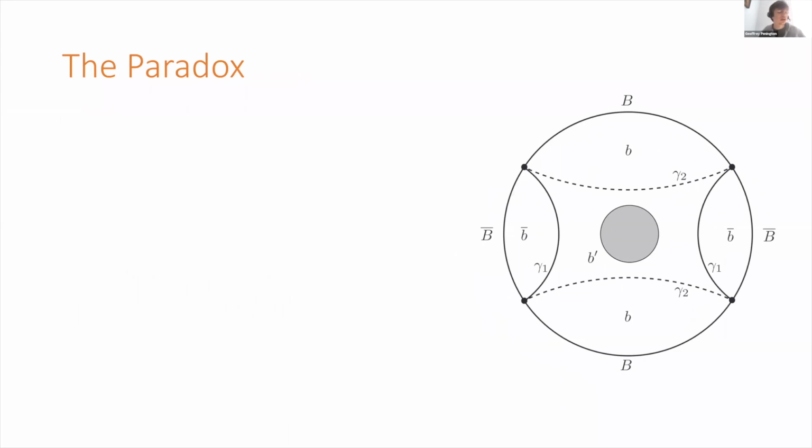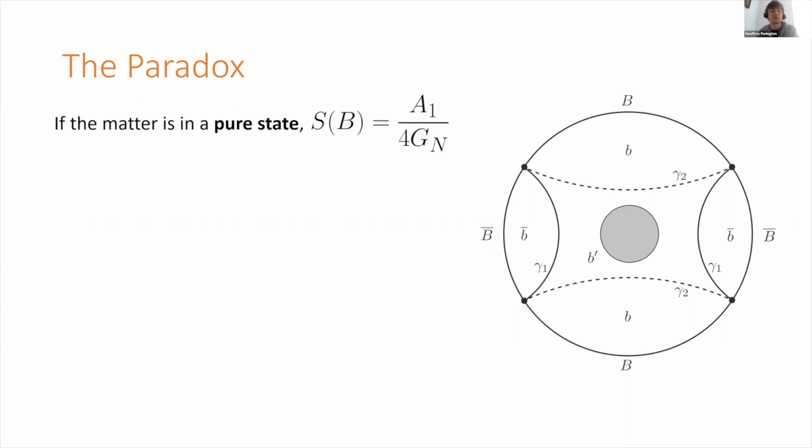Okay, so we're now going to consider a few different possible bulk states with this same boundary region, and we're going to see what the QES prescription gives in each case. So the first possibility is we're just going to assume that the matter is in some pure state. Okay, maybe it's an energy eigenstate or something like that. So it has this geometry, it has the back reaction there, but fundamentally it's in a pure state, there's no entropy from it. So in this case, there's no contribution to the von Neumann entropy. This solid surface has a smaller entropy. So the von Neumann entropy of boundary region B is just going to be given by A1 over 4G Newton.